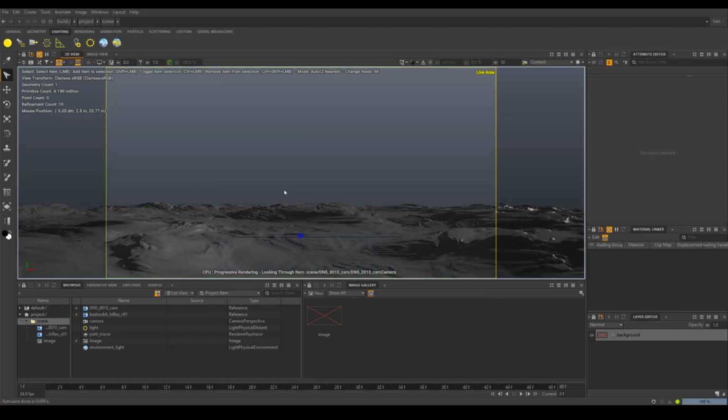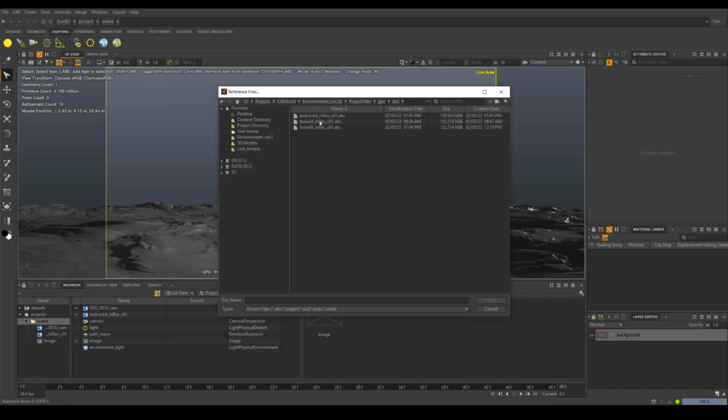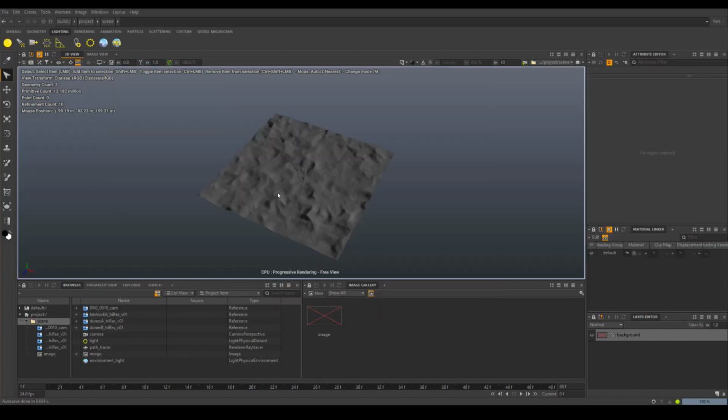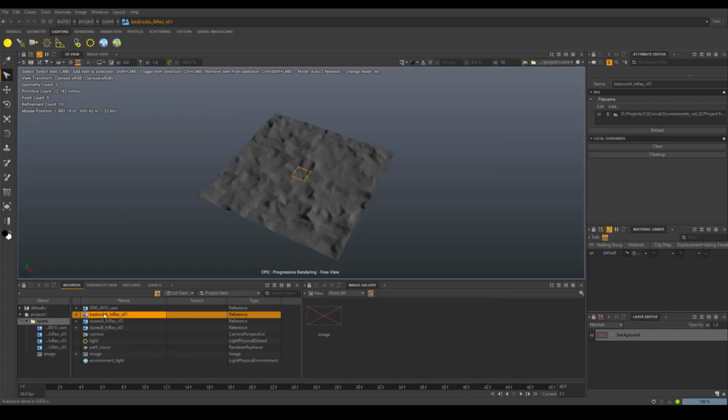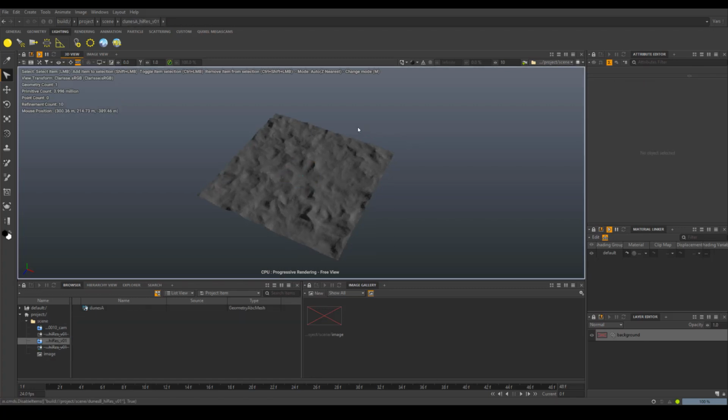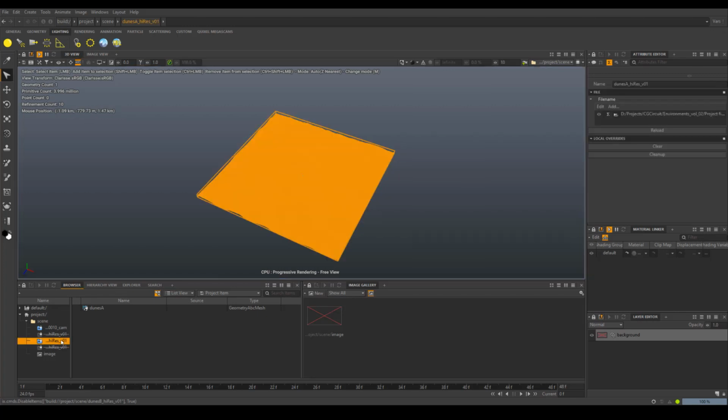So notice how the model has a fair amount of detail. Of course, a lot was enhanced with the textures, but again, these are assets that you can use in many projects. I will now bring in the dunes. I will include two versions of the dunes. First of all, let me hide the bedrock asset. I will also hide dunes B. So notice how dunes A is larger, but it has a bit sharper edges. You could use the dune A as a background element, but it would be a bit difficult to tile. If we compare it with dune B,